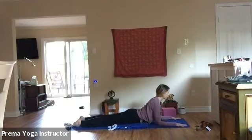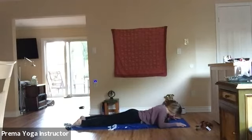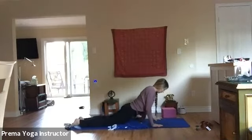One more big inhale here. Exhale. Good. Really breathing, pulling back. Pull your shoulder heads back. Feel your heart, your chest moving forward. One more breath. Exhale. Really nice, good, beautiful. From here, lower down, bring your hands back under your shoulders, push yourself up onto your